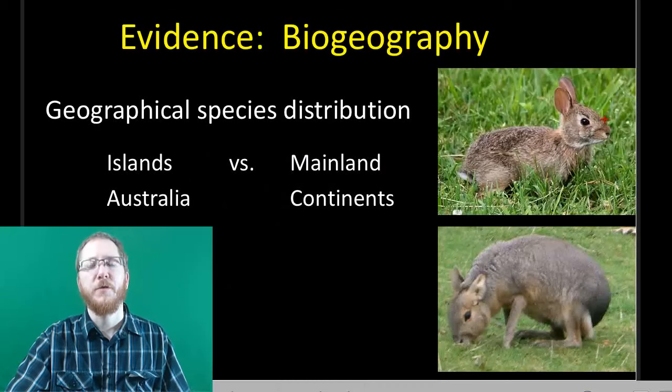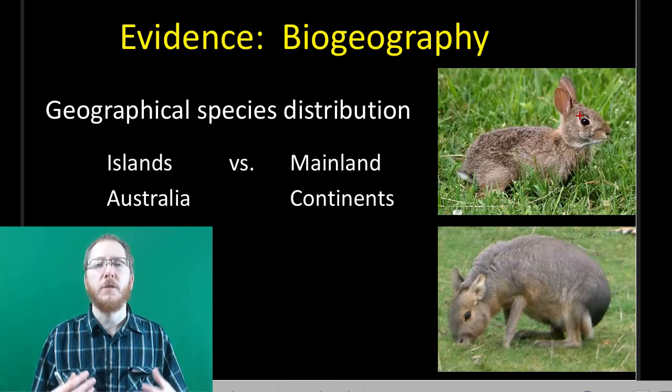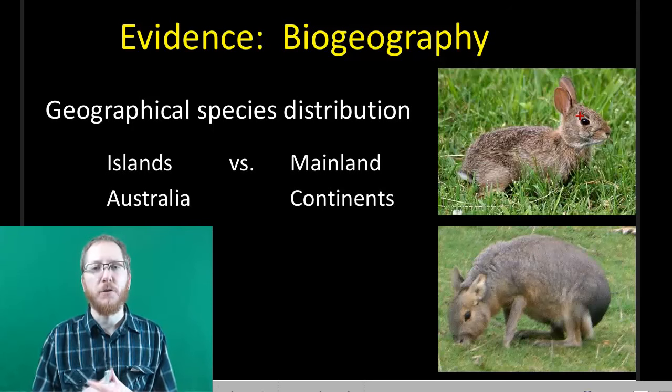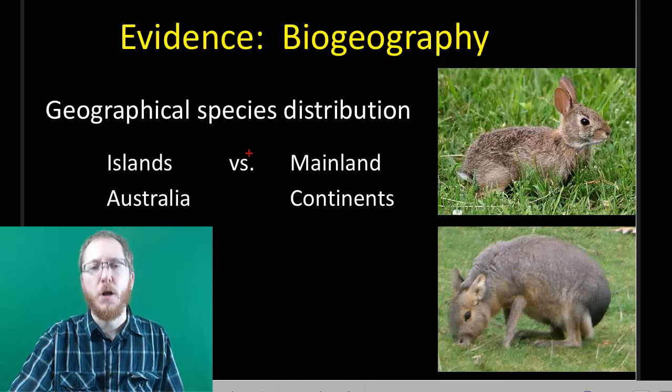Welcome to the second part of Chapter 22. In this podcast, we're going to discuss the evidence that ultimately supports and helped Darwin arrive at the idea of evolution via natural selection. So, first of all, we said that he took a voyage, and along that voyage, he